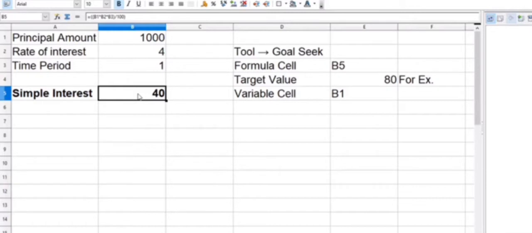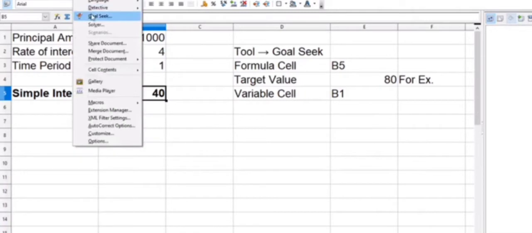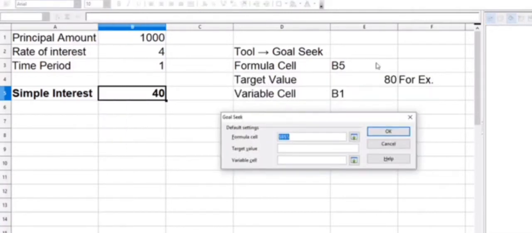Firstly, you enter the formula. After that, you go to goal seek. So now you can see, when we click on goal seek, these columns are available. This format you can see on your worksheet: formula cell, targeted value, and variable cell. The formula cell is our B5, then we click on that column, that address will become the targeted value, which value you want to change, then you write here.